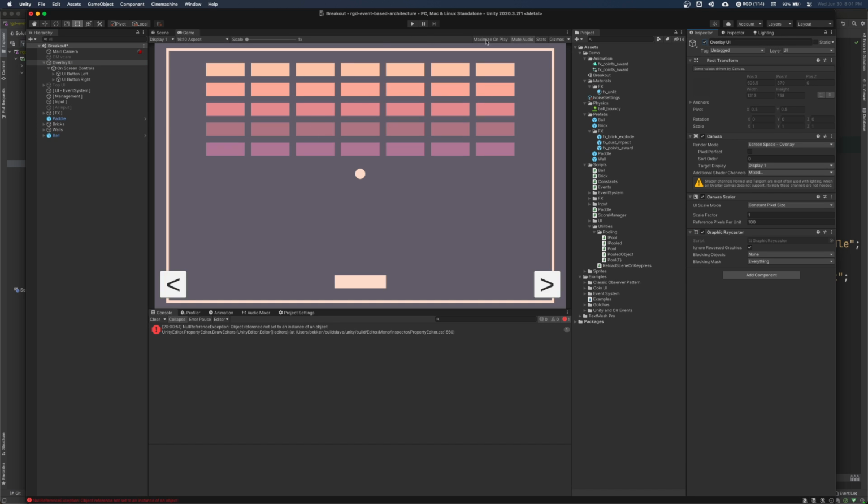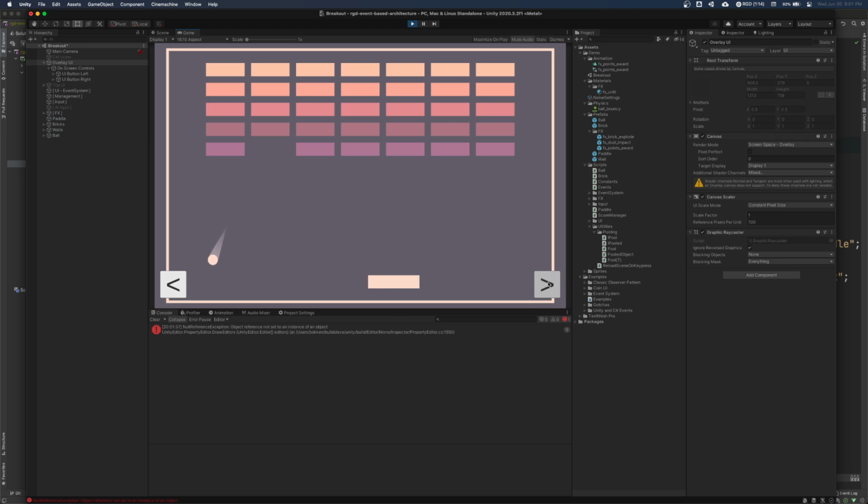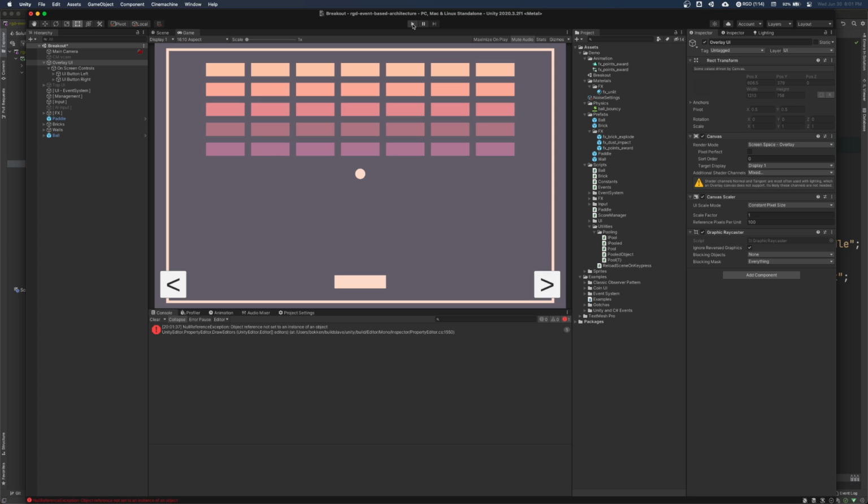And interestingly as well, the keyboard controls still work on top of these UI controls because it sends new events when I press this, right? So I can use these on-screen controls, but I can also use the keyboard because they don't care about each other. They don't have to know about each other.